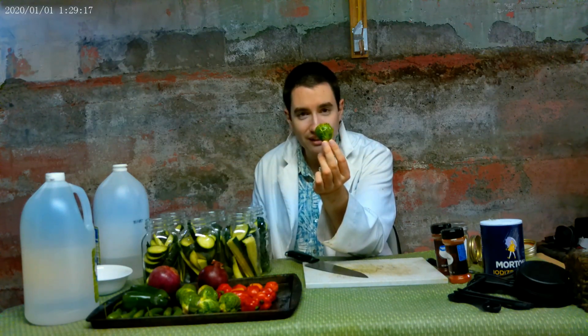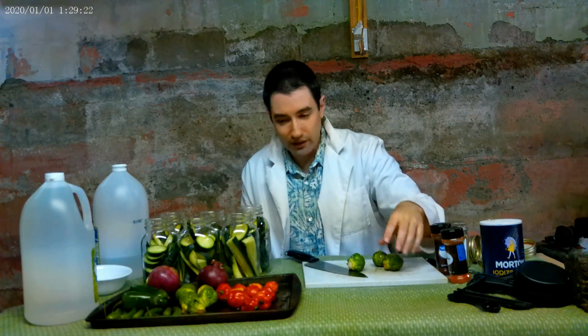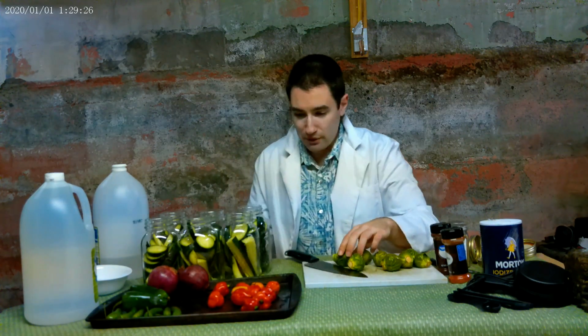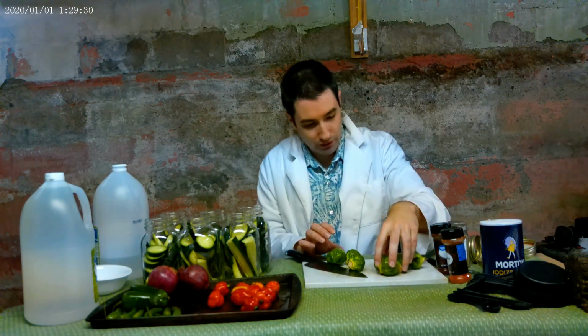But they had these tiny cabbages. Look at that. It's so little. Like, that's a tiny little cabbage. So they had this big thing of these tiny little cabbages. So I figured, I'm going to cut up some of these tiny cabbages and give them to the pickle jars. 1, 2, 3, 4, 5,